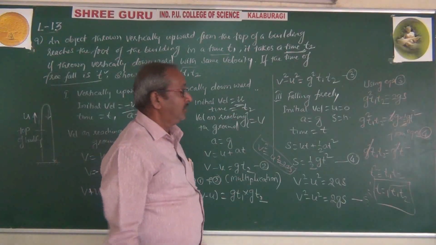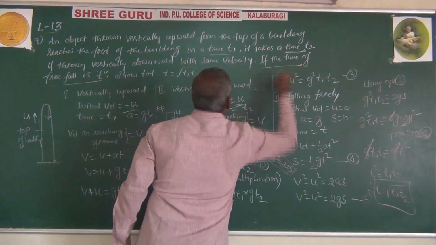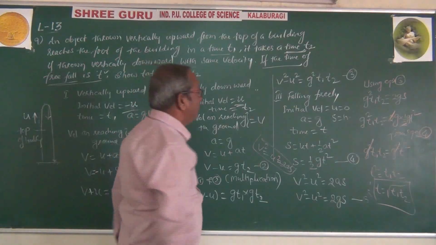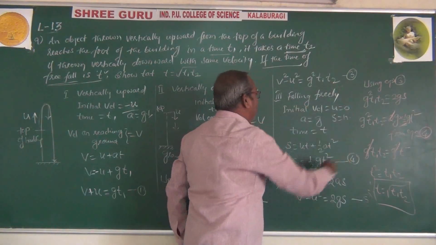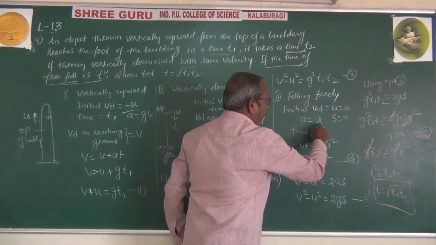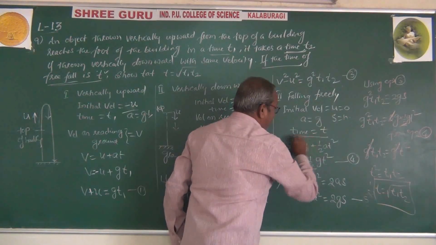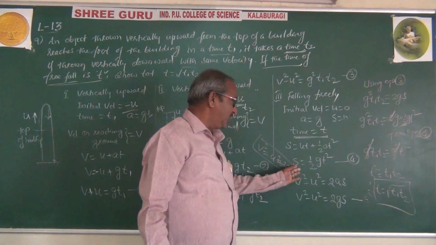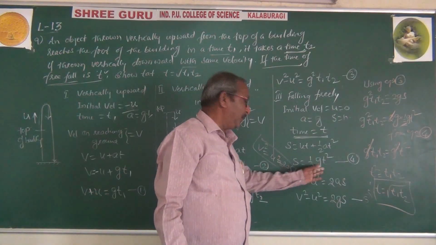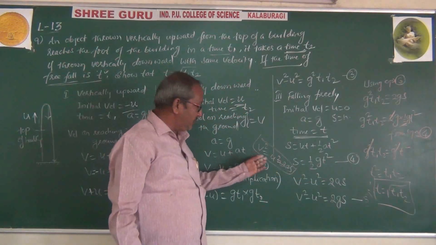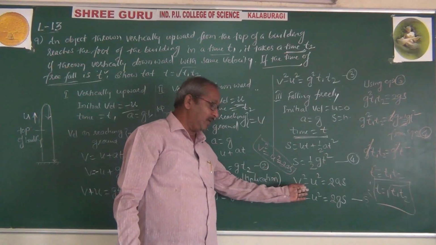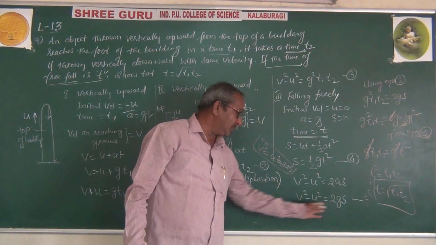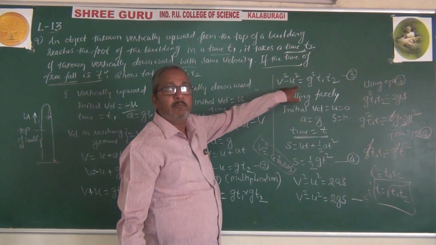Then finally, if the time of free fall is t. So finally, falling freely, initial velocity is u equal to 0, a equal to g, s equal to h, time is t. Then we have s equal to ut plus half at square, then s equal to, because u goes to 0, 1 by 2 gt square. Another equation we have v square equal to u square plus 2as, it becomes v square minus u square equal to 2as, then v square minus u square equal to 2gs, but v square minus u square here we have.